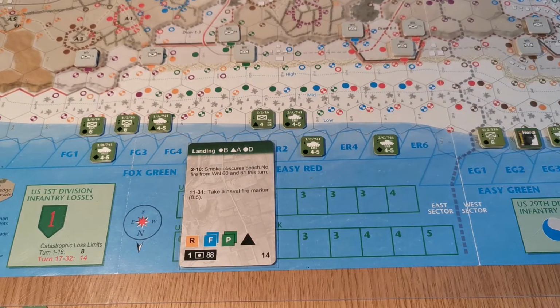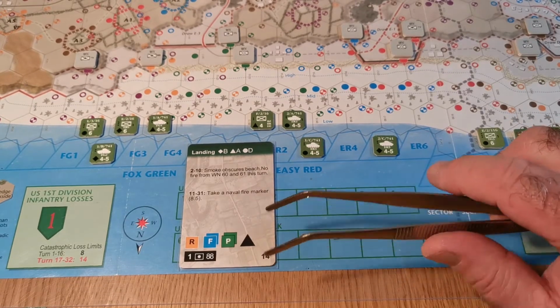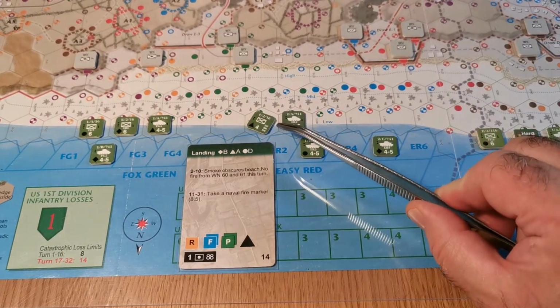There we go. And there's no disruption, is there? It's only WN positions that don't disrupt, isn't it? Yeah, so that was it. So that's what I like to do. He's taking a hit. It's just in case